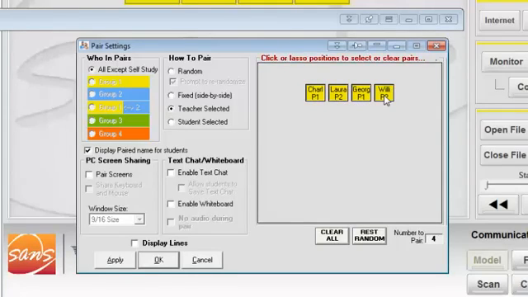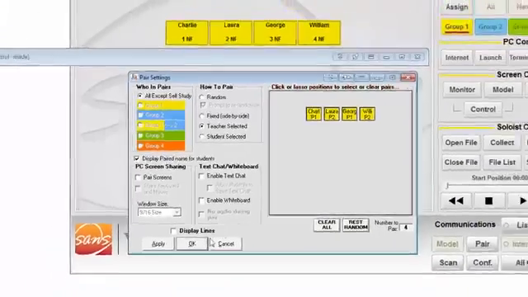Note that in addition to audio pairing, we can also add text chat pairing down here. So for example, one student could speak and the other could type what they hear. Also whiteboard pairing, so you could do Pictionary type lessons where one student speaks and the other student draws what they hear. So if I select students to be paired and click OK, so I've selected them,